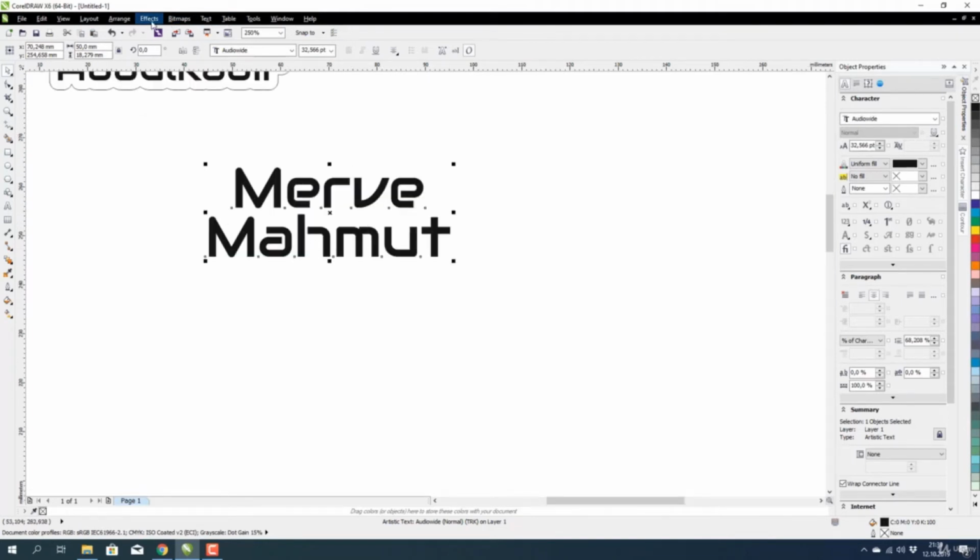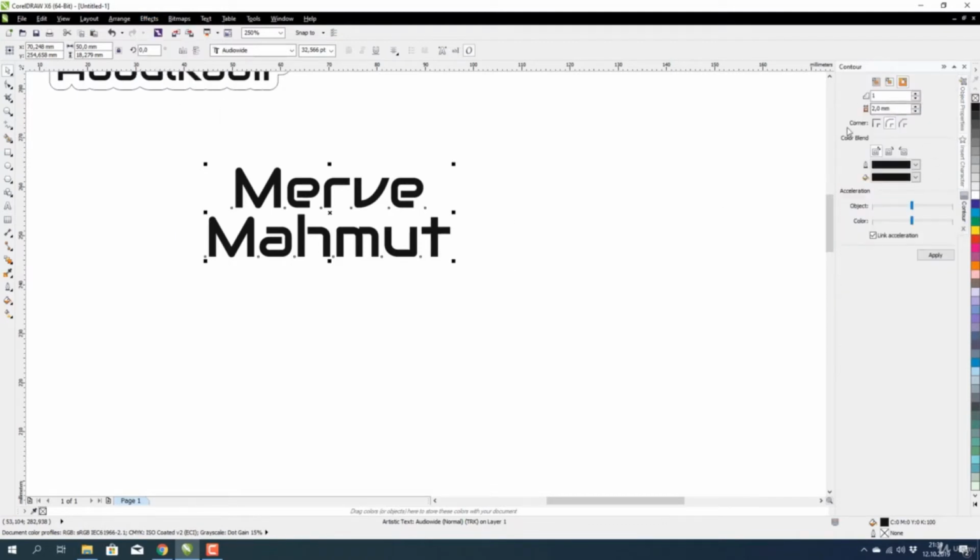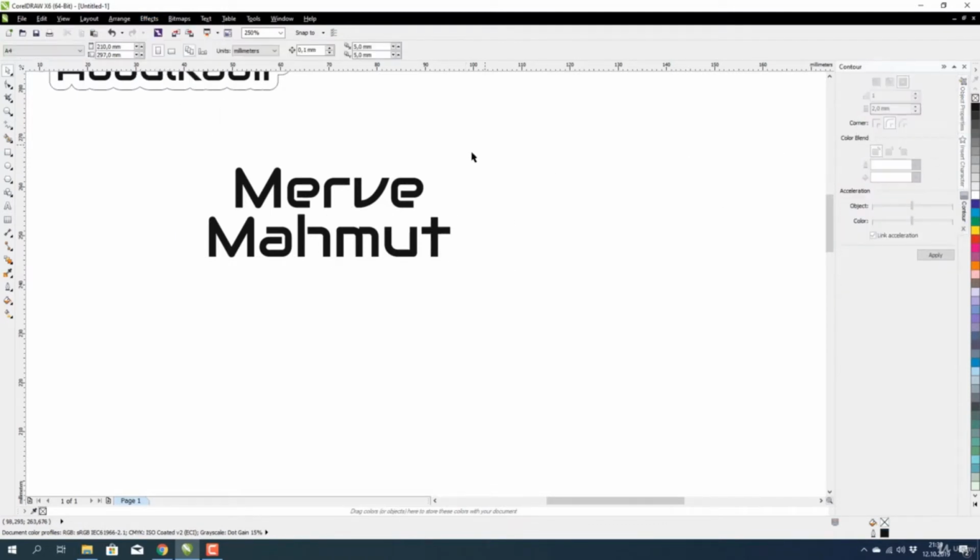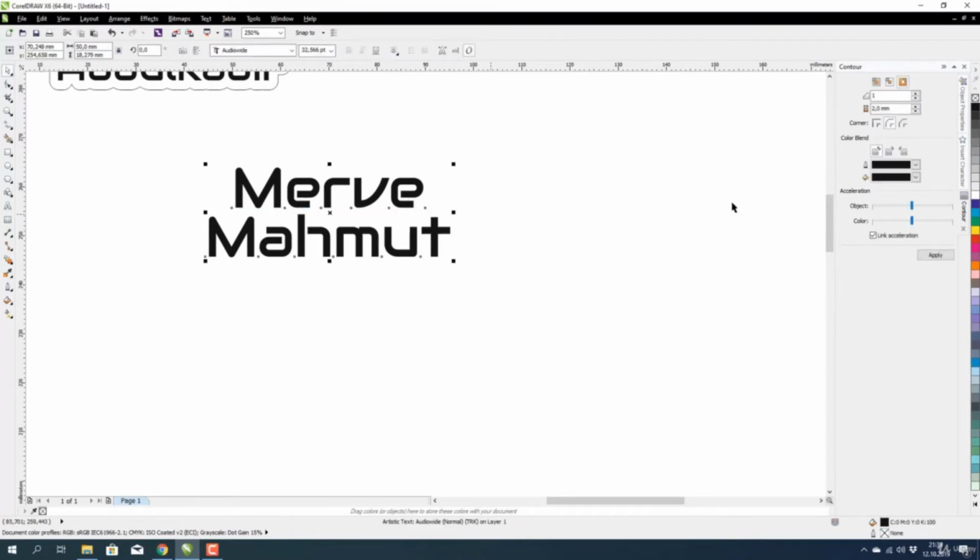Then I select the effects and contour, this right tool here, and then I take the text and select the outside contour and select the size of contour, and it must be smooth corners, round corners, and I select